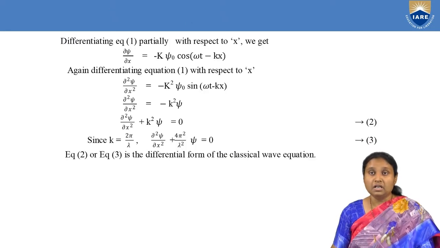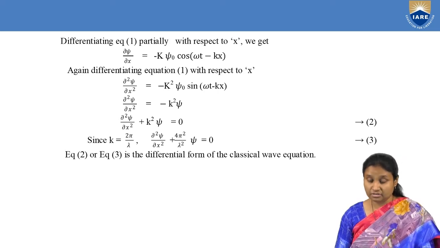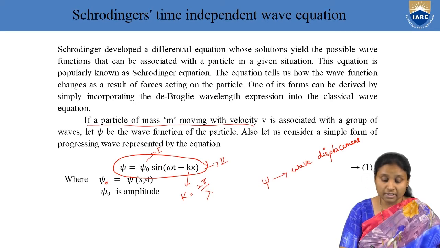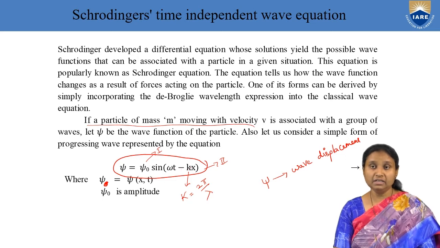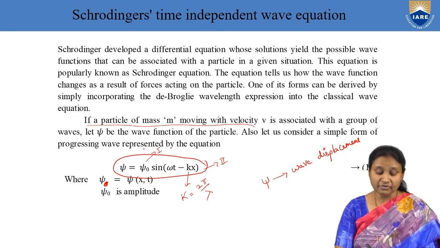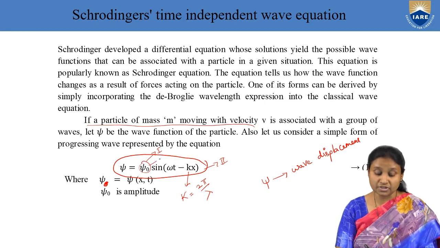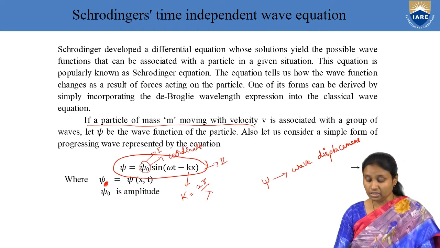matter waves. Now what I am going to do is differentiate this particular expression for the wave function with respect to time t. And here, of course, our wave function is a function of both time and position coordinate. But when we take this particular psi naught, which is called the amplitude, it is a function of only coordinates. It is independent of time. So it is not dependent on time. It is a function of only coordinates.